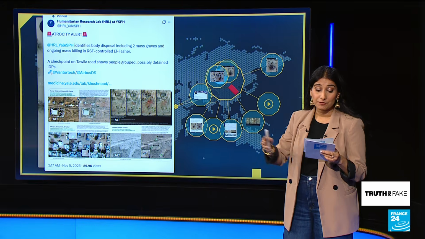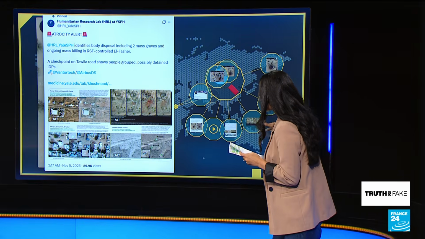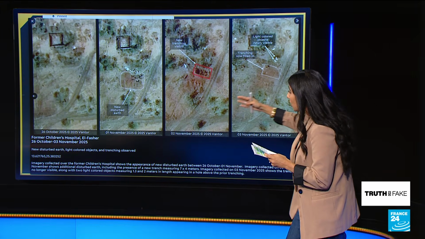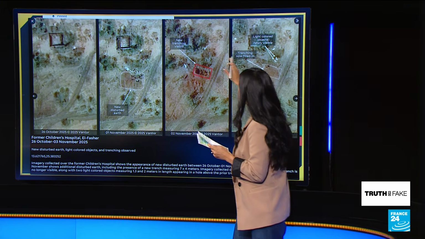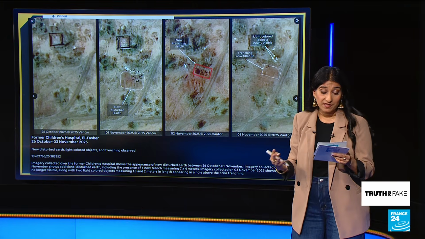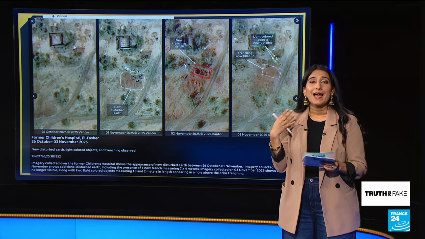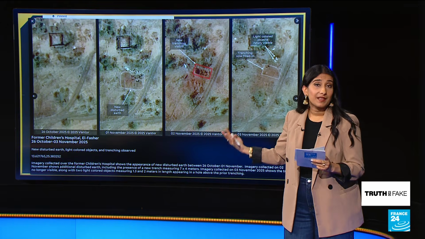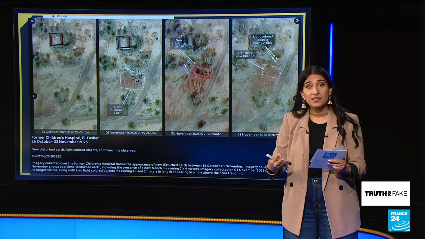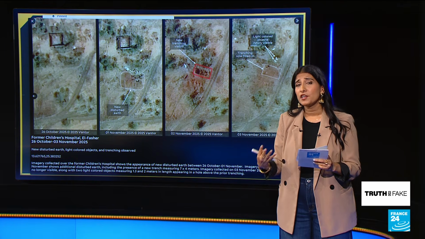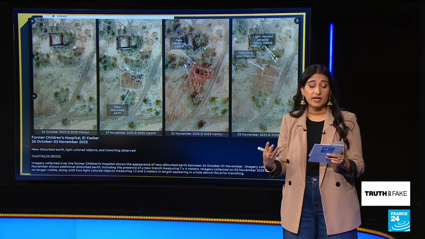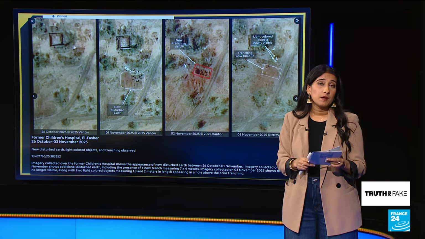That is correct. As we mentioned earlier, Yale's Humanitarian Research Lab just released their analysis of satellite imagery, and if we take a closer look at those images, we can indeed see they have made it very clear. They've described in detail where they've seen new disturbed earth, new trenching, and the disposal of bodies, visible in their report and their images. And going back to your previous question, Jean Emile, about how important it is to fact check, we can see it here in these examples. There are indications and a study by experts saying that something is happening, and seeing one example online going viral doesn't necessarily mean that it's not, and it shouldn't cloud your judgment to think that it might not be happening. That's something we spoke about with our expert Benjamin Strick as well.